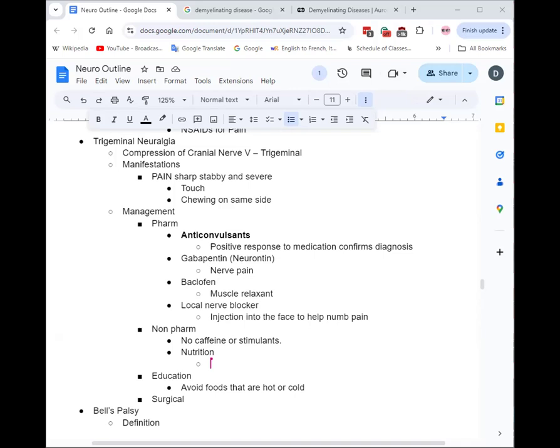Do I expect their nutrition to get better or worse? Fluid intake. I don't know about you, but when I'm in pain, like when my tooth starts hurting, I don't even want to eat or brush anything on that side. Like I won't touch it. Same kind of ideology with them. They don't want to eat. They might not want to drink fluids as well. So our fluid balance is thrown off. So what are your interventions for that? What are you monitoring for fluid balance?